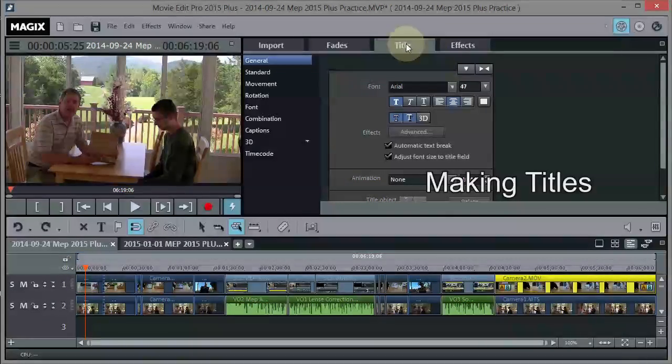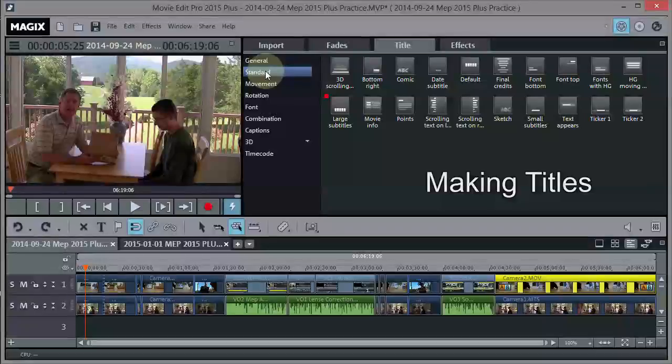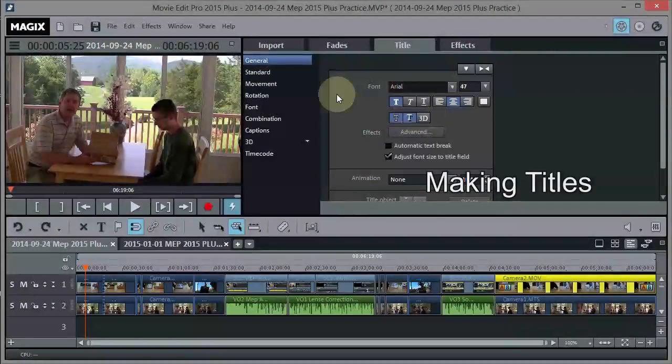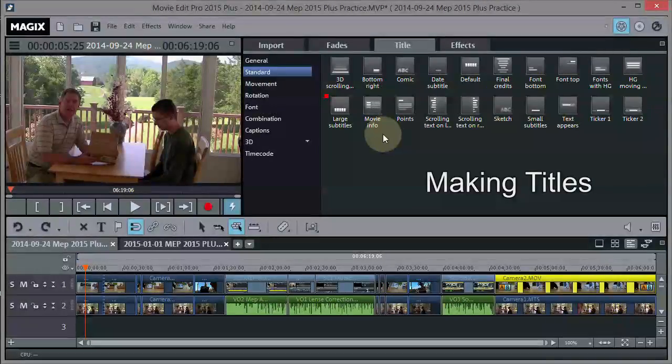So what you do is go to the title tab up here, and I usually just go to standard title so that I can drag one in. You can also create one here under general, but I'm just going to go to standard. They have some templates here. I like the large titles. I'll just grab that